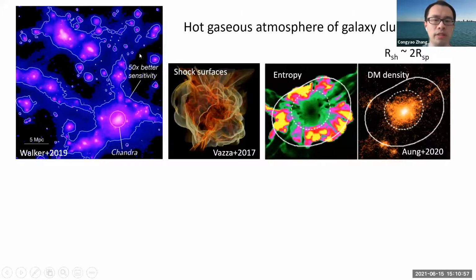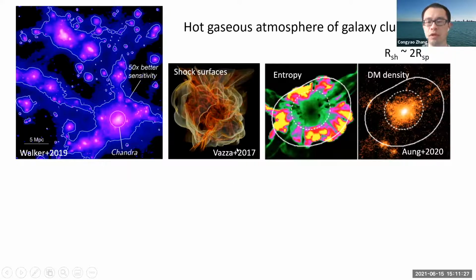This figure shows you an X-ray view image of hot gas in large-scale structures. You can see that a large fraction of this gas is in the outskirts of halos. If we zoom in onto one galaxy cluster, we'll see that its hot intergalactic medium is covered by a strong external shock. The morphology of this shock is actually not spherical, but shows this kind of blossom-like